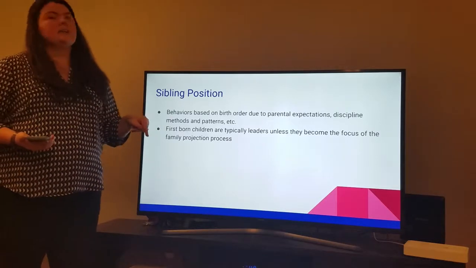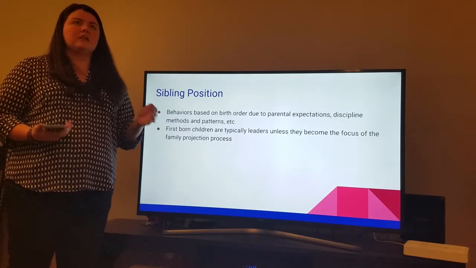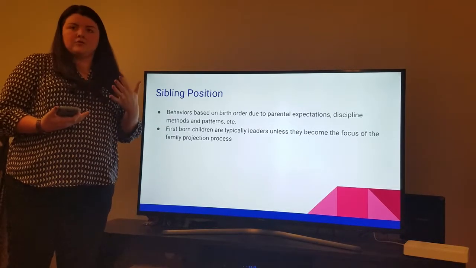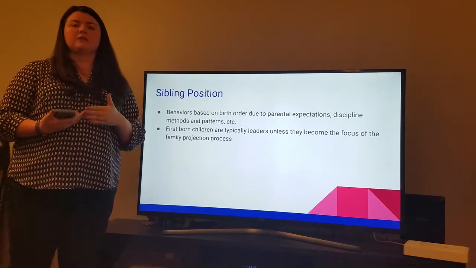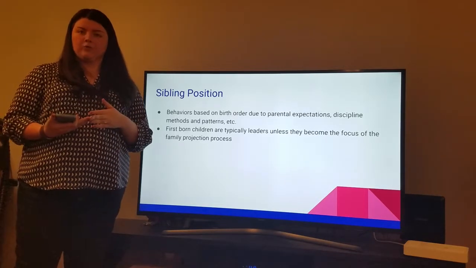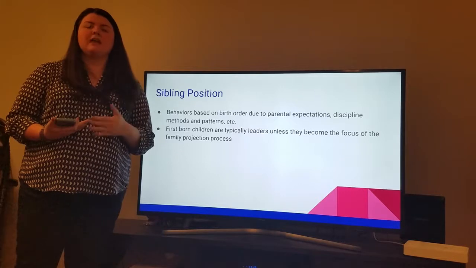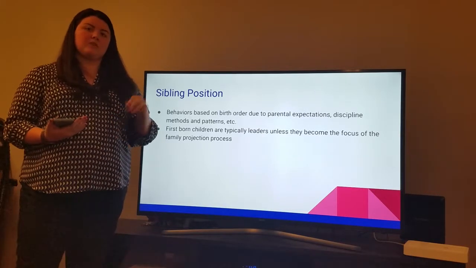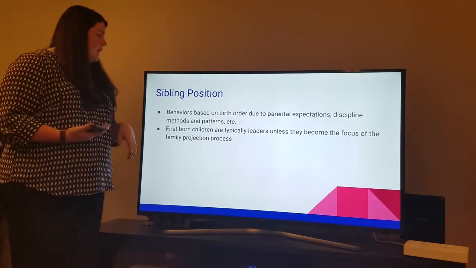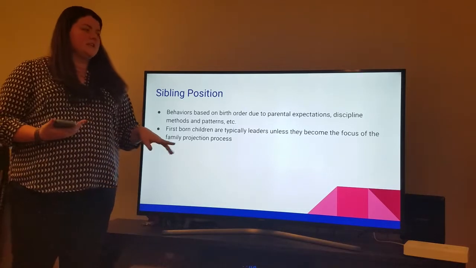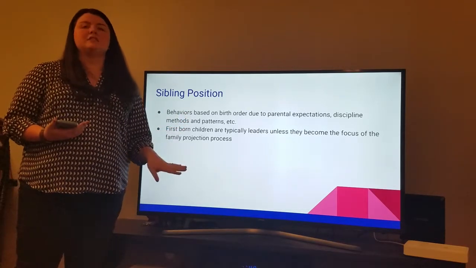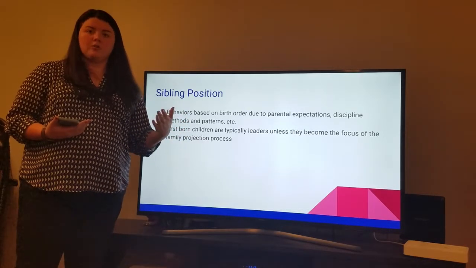Sibling position is very important. We see a lot of firstborns becoming those natural leaders. We see a lot of the middle children going off and developing their own relationships away from their family units. And we see a lot of the younger children becoming the wild child. But we need to understand that even though these processes are normal and we see them in all families,